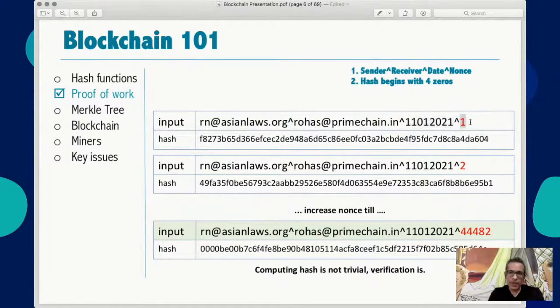Now, at the end of this, we have to generate this number, which you can see in red. That is what we call a nonce, N-O-N-C-E. Now, how are we going to generate it? So the sender, his computer system, is going to create this input and in the beginning write 0. Then run it through the hash function and get a result like this. But the rule here is that the hash must begin with 4 zeros. So the sender will keep calculating hashes till he hits upon a number where, for example, in this case, it is 44482. When that is used as a nonce and this entire line is hashed, the result begins with 4 zeros.